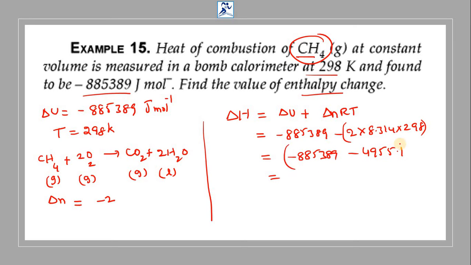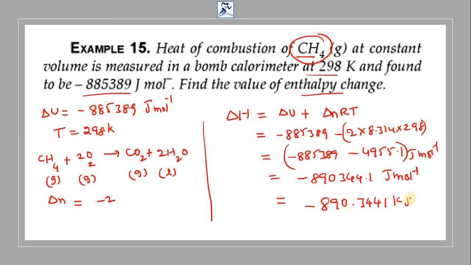I will get an answer which is close to minus 890344.1 joule per mole. Okay, and this if you convert into kilojoules, it will be minus 890.3441 kilojoules per mole